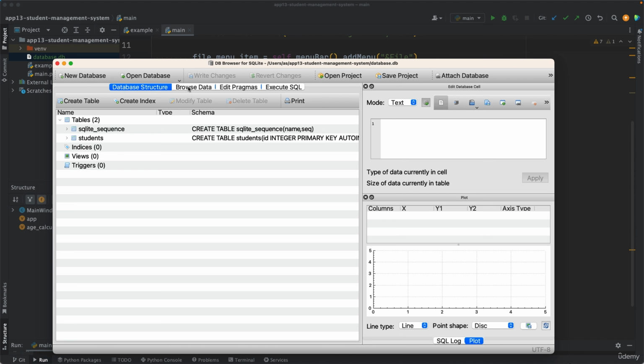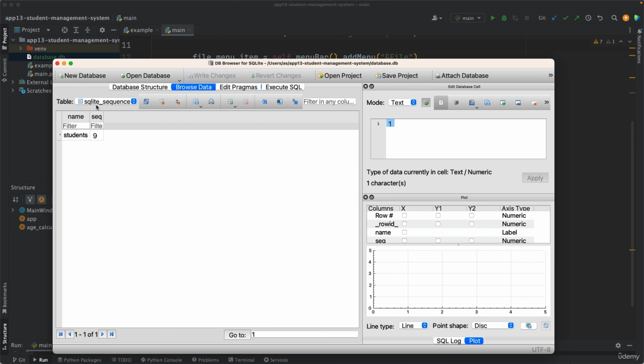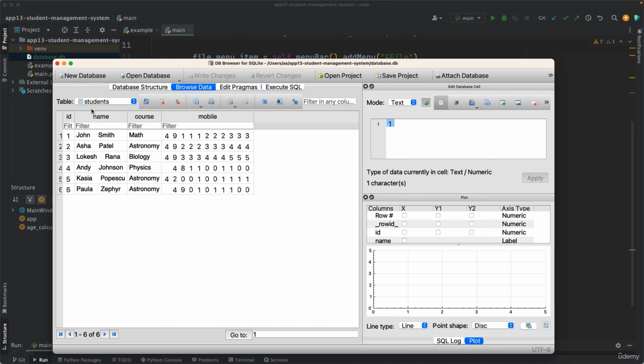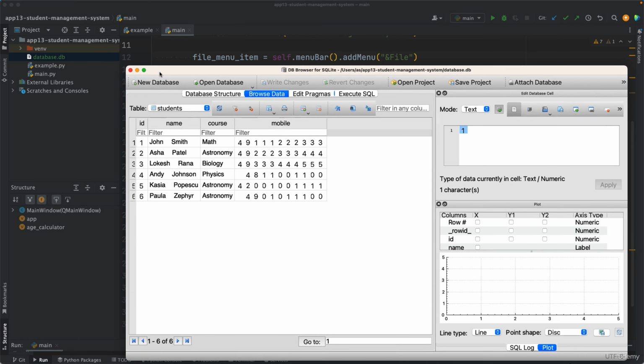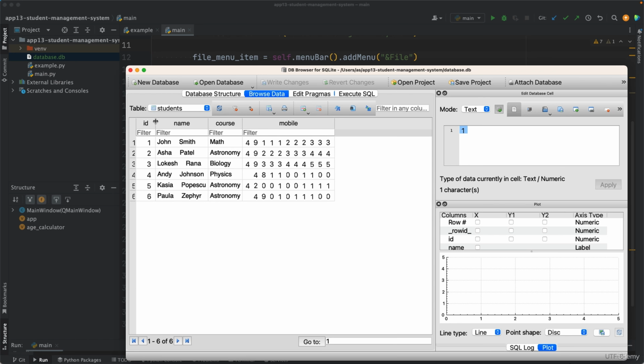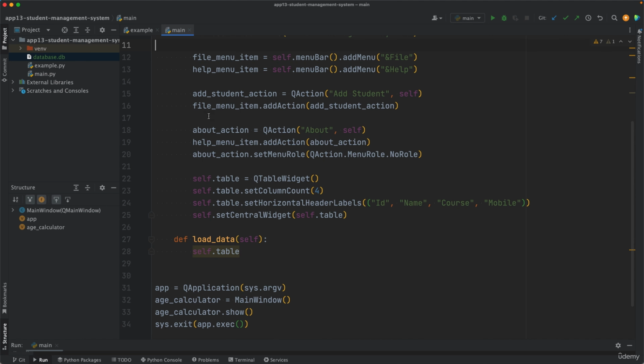So if I go to browse data and I go to the students table, so this database has a students table, right? A database is made of one or more tables. So this has an ID column, name, course, and mobile. So these are the data that we want to put on our PyQt program. And these data are inside database.db. Therefore, what we need to do is